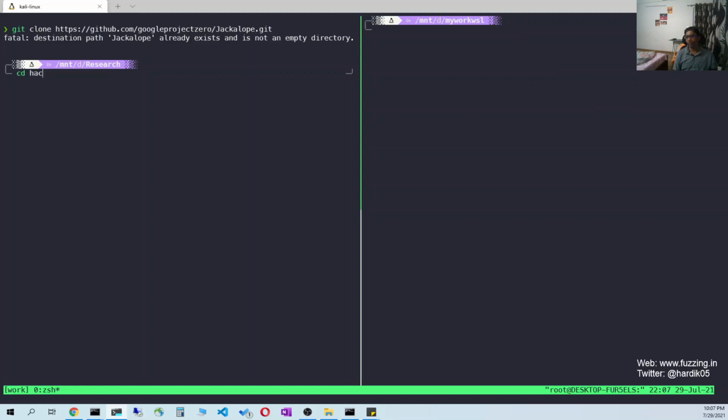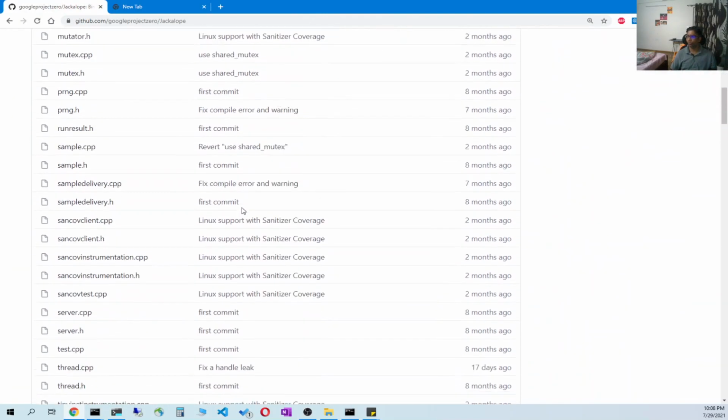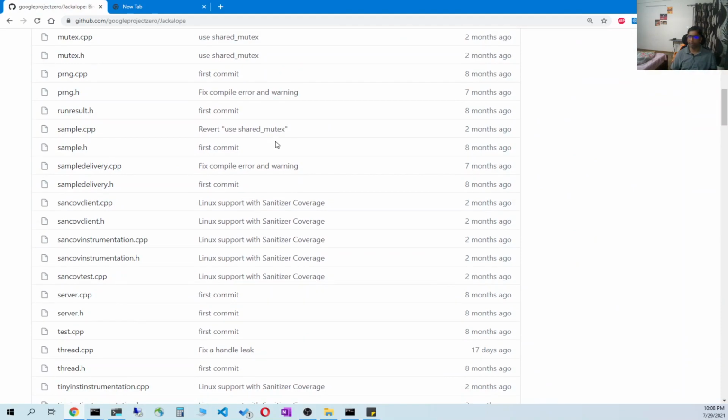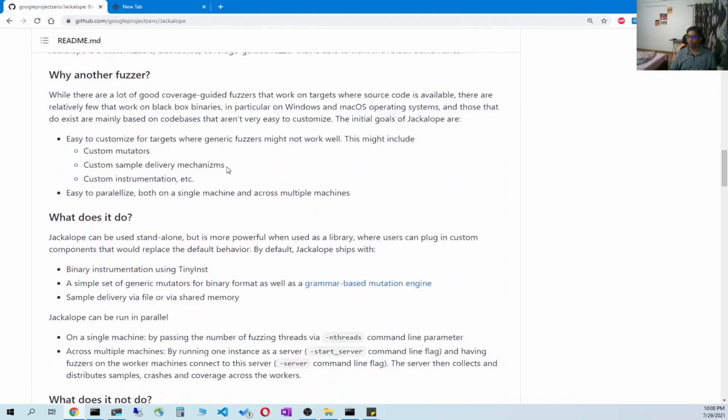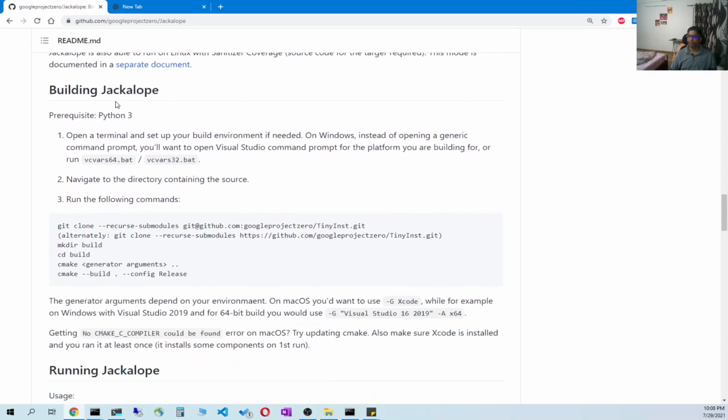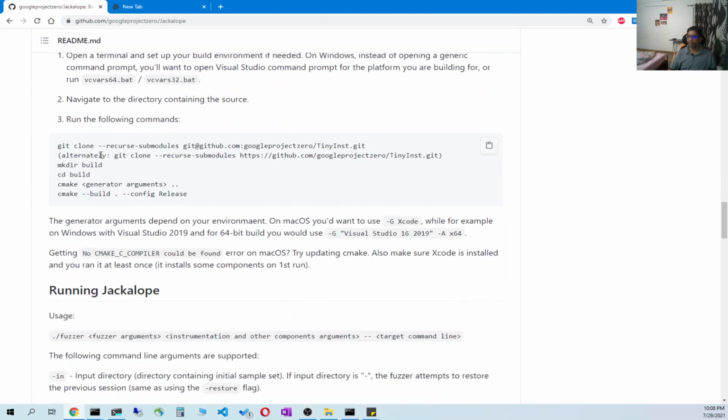Then you also need to download TinyInst. For that, if you go to the Jackalope GitHub repo, the command has been given in the building Jackalope section, and you can copy this command.